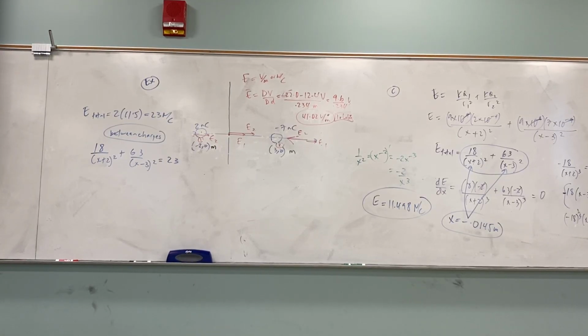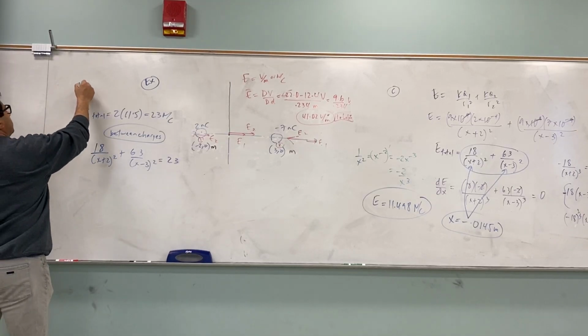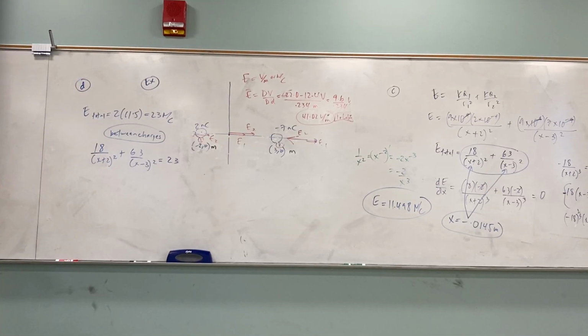Is this for question number, part? This was D. So you just go to solve 18 divided by x plus 2 squared plus 63 divided by x minus